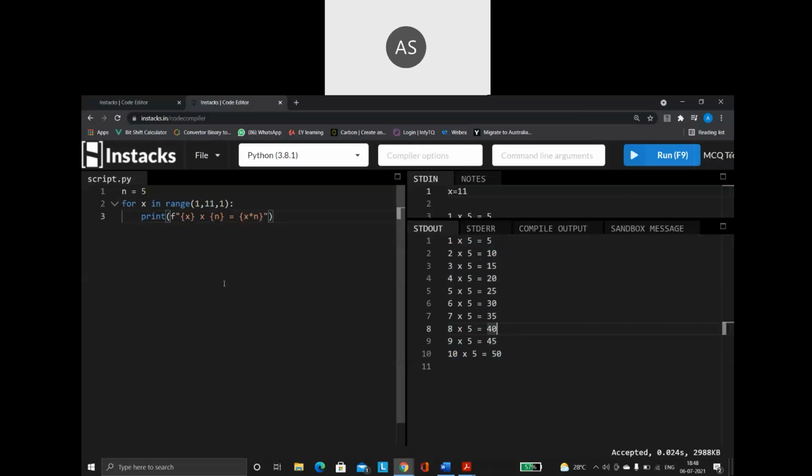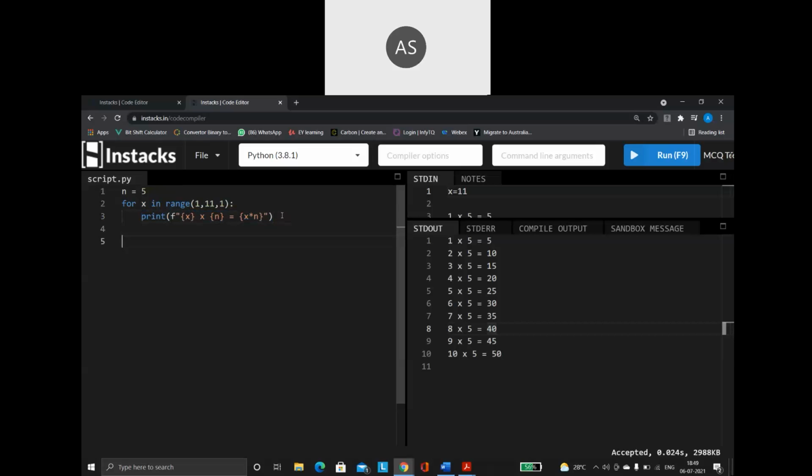So that is a simple example for a for loop with the range function. So remember, the range function is going to generate numbers from 1 to 10. Each and every time one number will be passed on to my x variable. Then inside of the for loop, whatever statement you want to repeat, you will give inside.